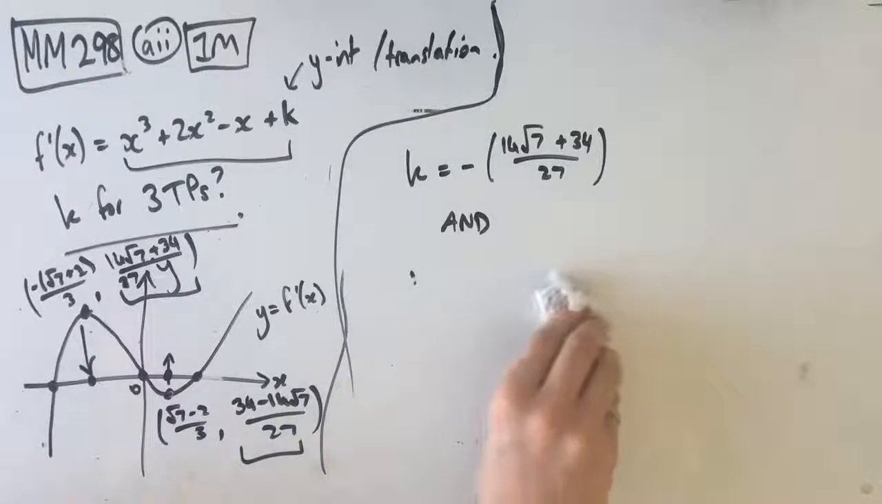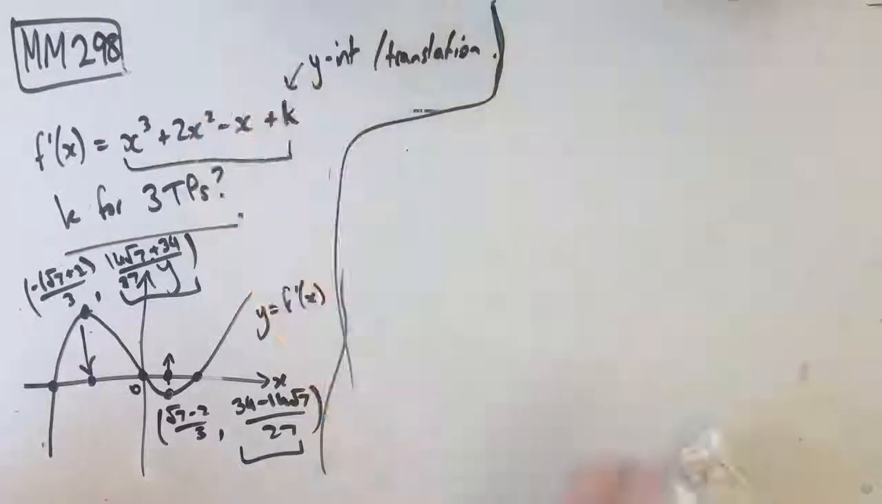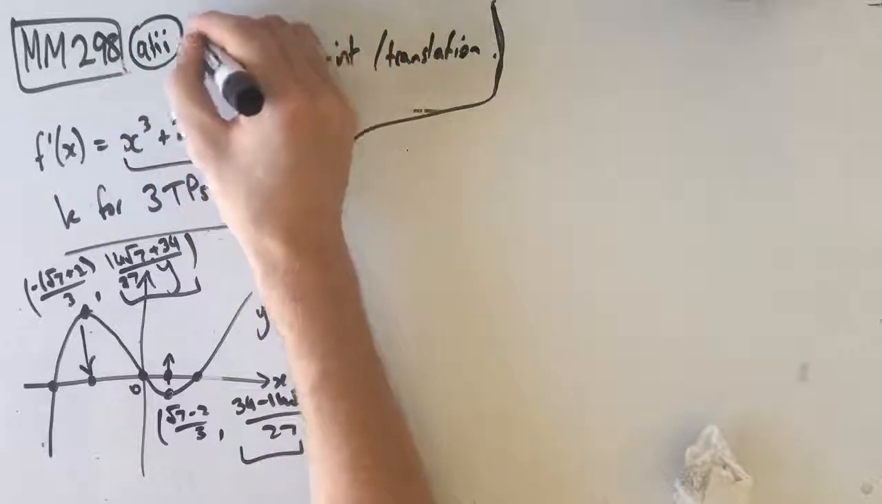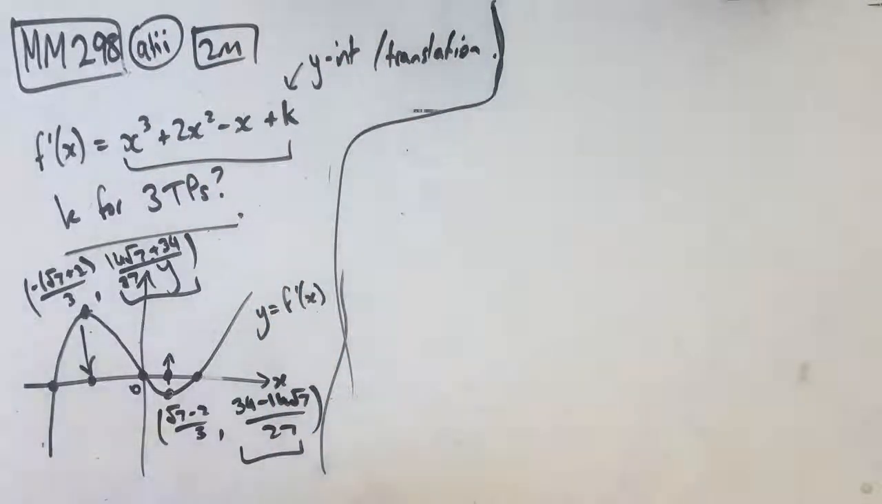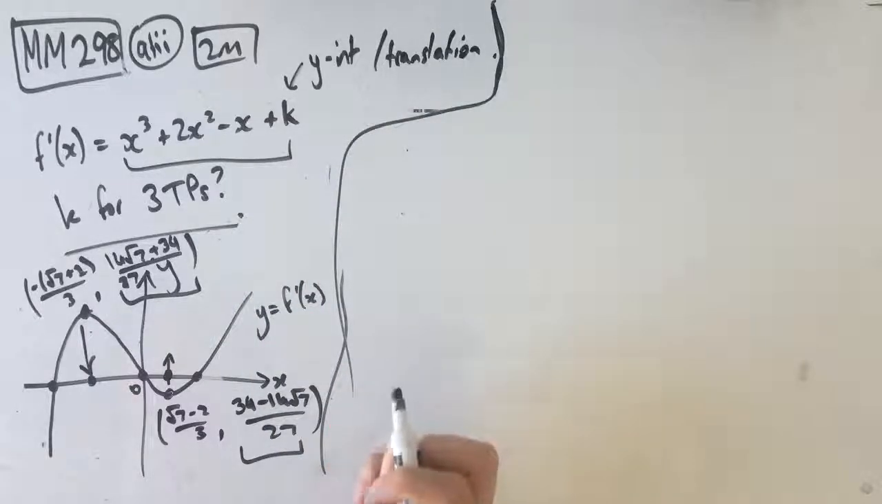Part aiii is a 2-mark question, and it asks us to find the average rate of change of f of x between x equals 0 and x equals 1 in terms of k. Awesome. So if we have our derivative function, a quick way of finding our average rate of change is